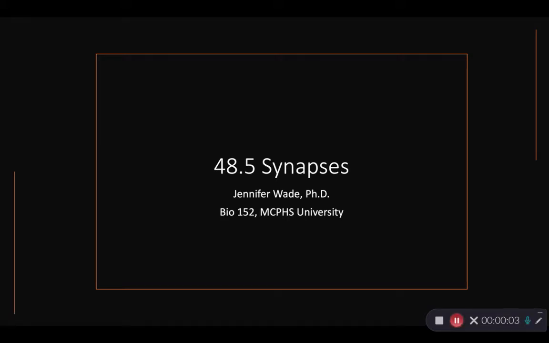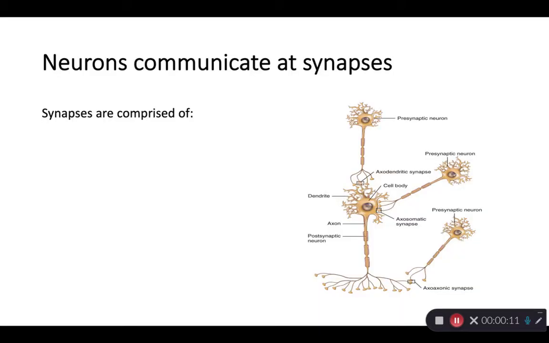All right, we're almost at the end. In this little lecture, we're going to talk about synapses, which are what's going to happen when one neuron talks to another cell. So, a synapse is going to be comprised of at least one neuron, and that neuron